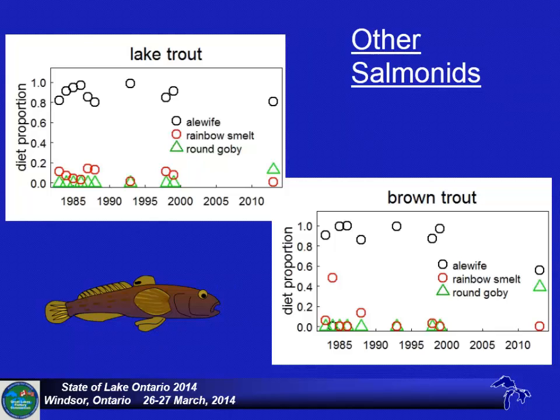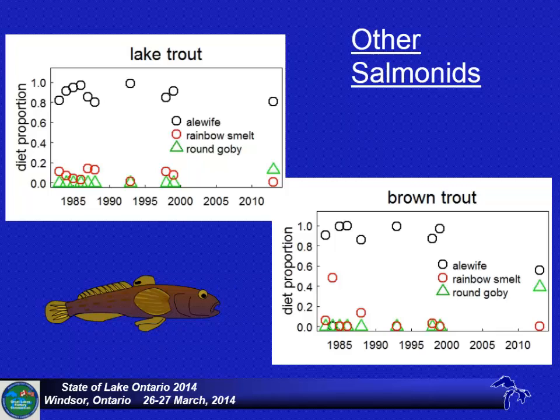And then the story starts to change when we move to lake trout. And again, I'm representing everything here. On the x-axis is diet proportion calculated by dry weight. For lake trout, round goby are now, in just our 2013 data alone, making up 10 to 15%. But in brown trout, that proportion was over 40% of their diet. And these are collected from the early spring, when they're more abundant, all through the summer, and then again in the fall. And that was the pattern we saw. There were round goby throughout brown trout diets throughout the year, but they were most prevalent in the spring and